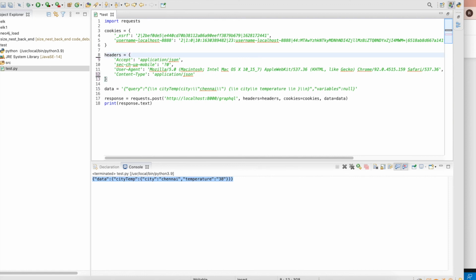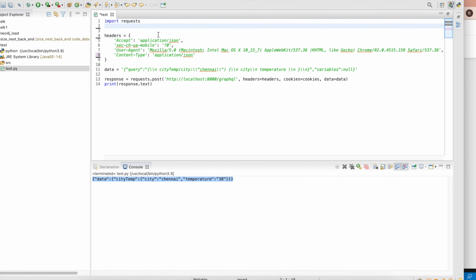Anyway, cookies are not required, so just remove that cookies part. Data is required, so this is actually going to be our query. If you see here, city temperature is a resolver. I'm using city and Chennai, so like this. City and temperature I need, so that is why I'm getting these values. Let's run this one more time.